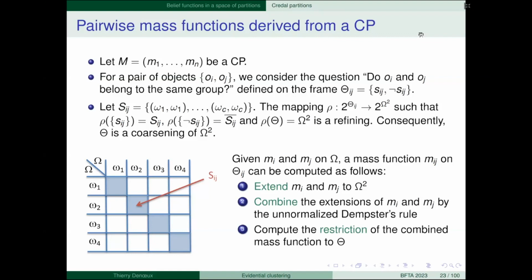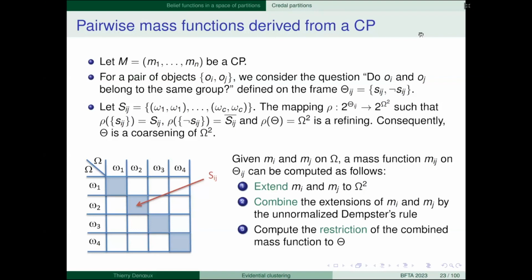So now I consider omega times omega, the Cartesian product, so this is the set of all pairs of a cluster for object 1 and a cluster for object 2. So you see here, if I have 4 clusters, for example, omega cross omega, the Cartesian product, has 16 elements.